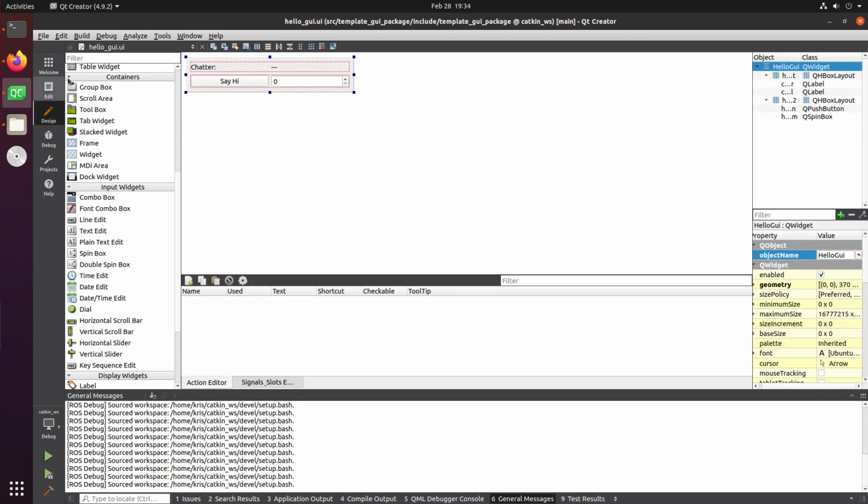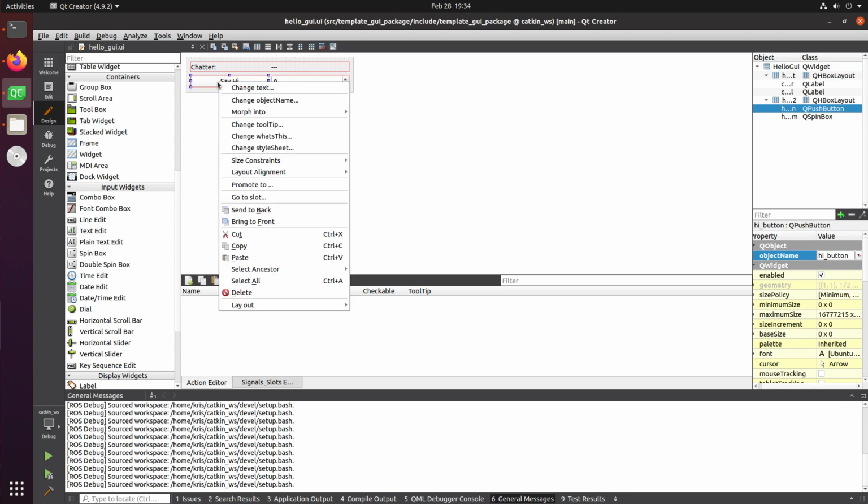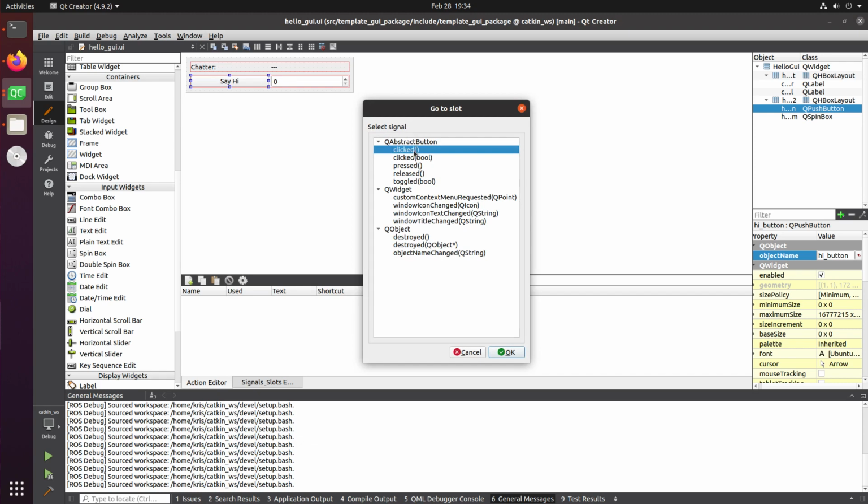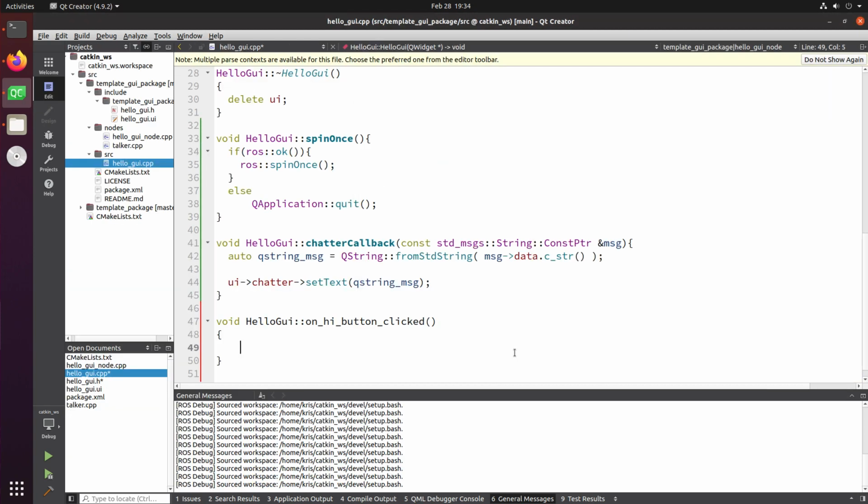If you go back to your GUI page and you right-click the button and just say go to slot, you can see a bunch of different actions that happened, but we just want clicked. So when the button is clicked, it'll create a function for us right here. It'll say hello GUI on button clicked, on hi button clicked. Great. And now we can